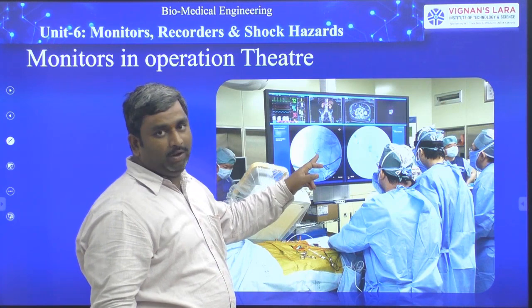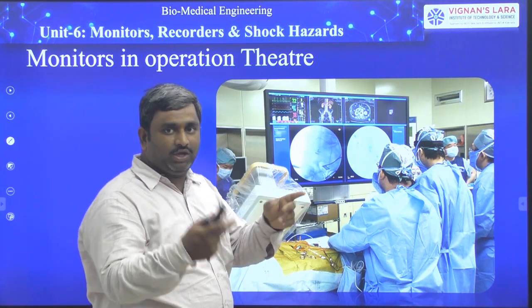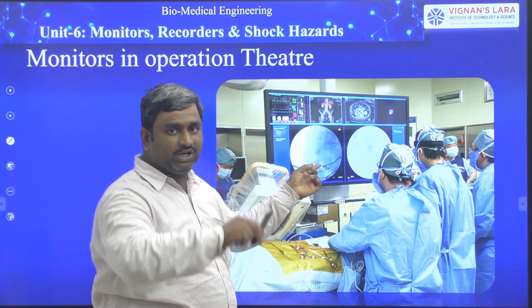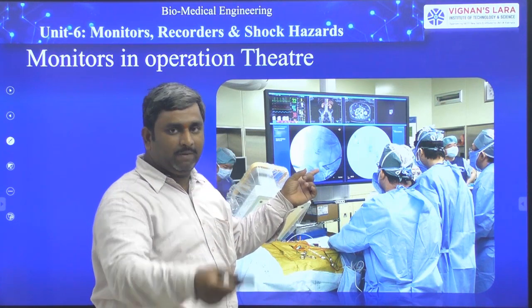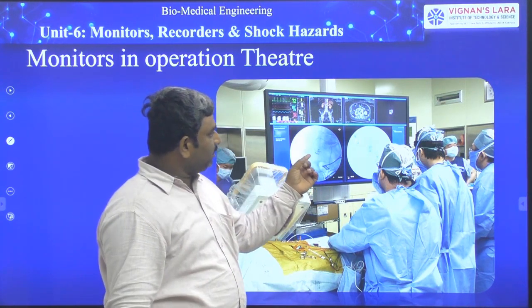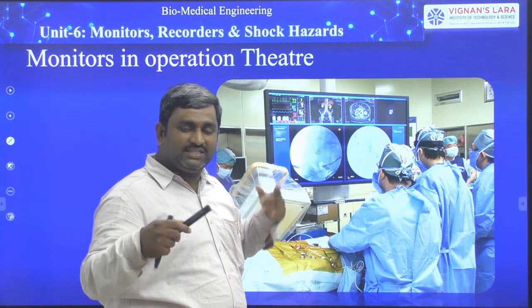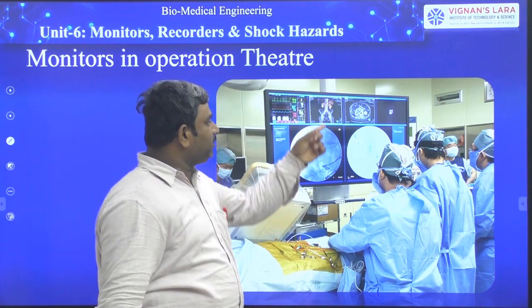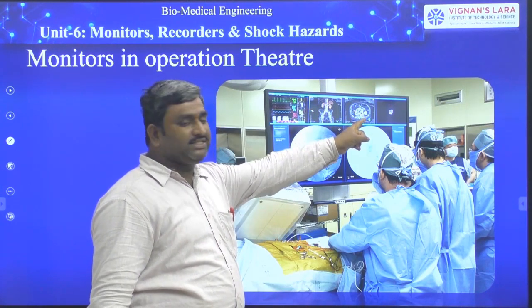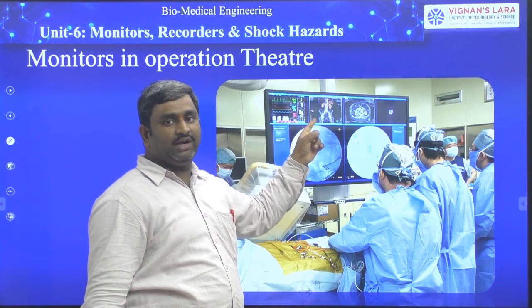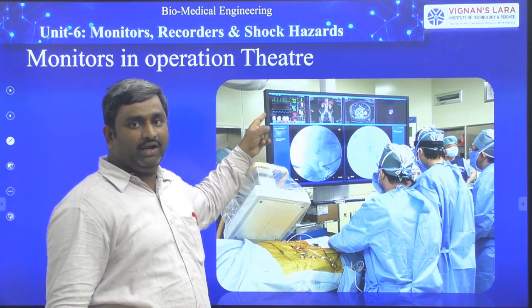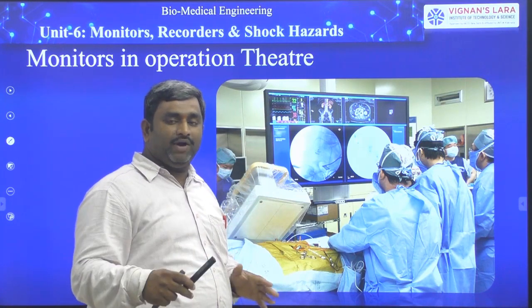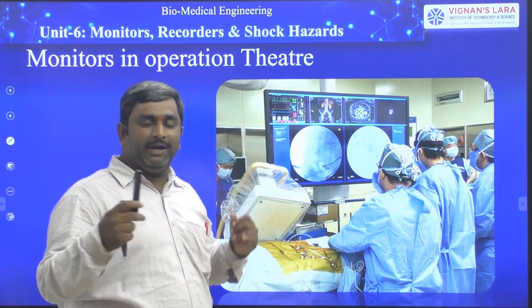The patient has some problem. For this problem, by using instruments or blades or scissors or maybe some holder devices, the doctors remove that part, or maybe they treat the part, or they may cut the part. So they can see here. At the same time, they can see the patient reports which were taken before the operation. The images are placed here. On one side we have the CT image, on another side we have some X-ray report, and on another side we have ECG data and the live blood pressure data. That is, during the operation, what is the blood pressure of the patient?